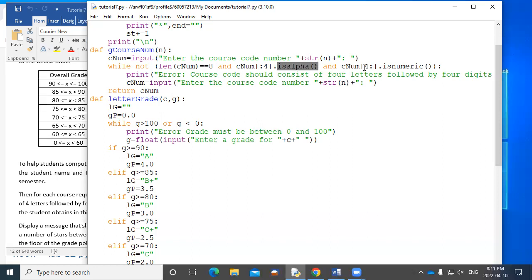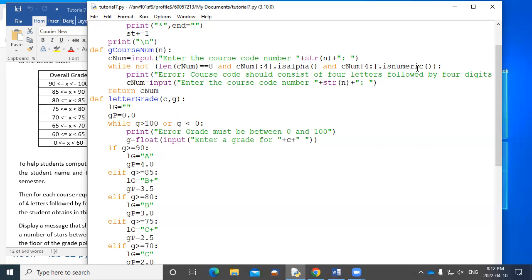And then the last 4, or sorry, yes, starting from the 4th character to the end of the string. So that's what this means. It means start at the 4th character. The thing before the colon is where you start. This one doesn't have anything there, which means just start at the start. And the thing after is the position one after as far as we're going to go. So we're going to start at the 4th position, go to the end of the string, and it must be numbers.